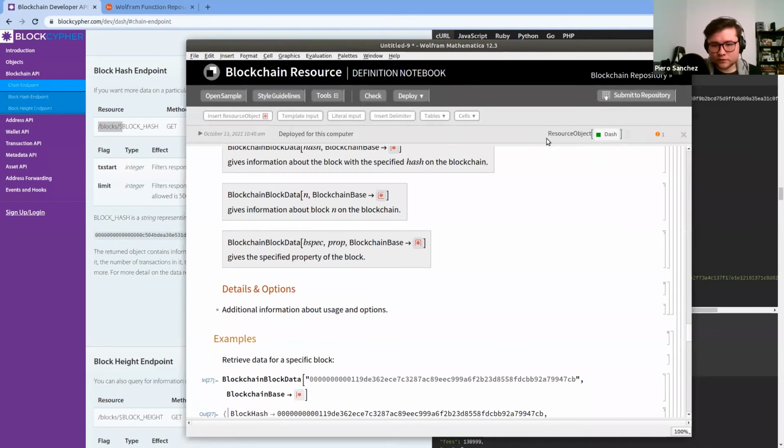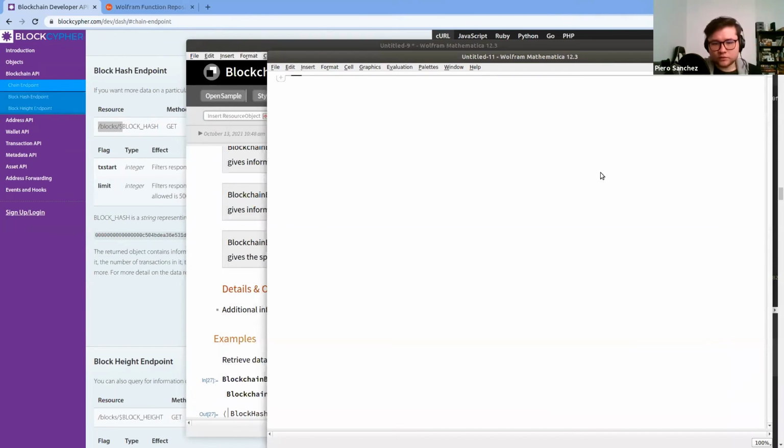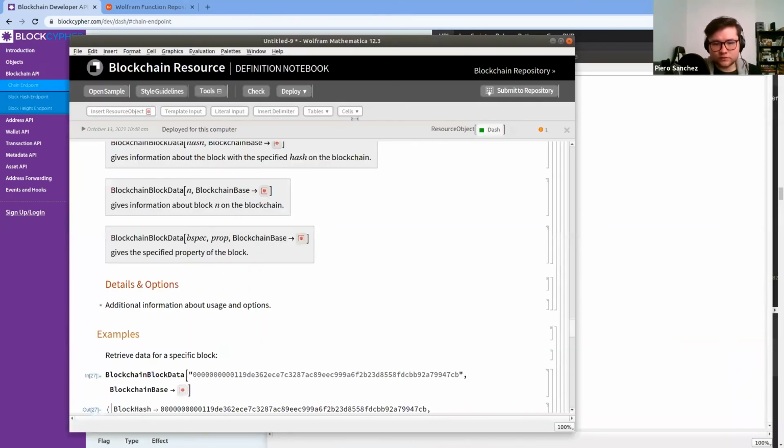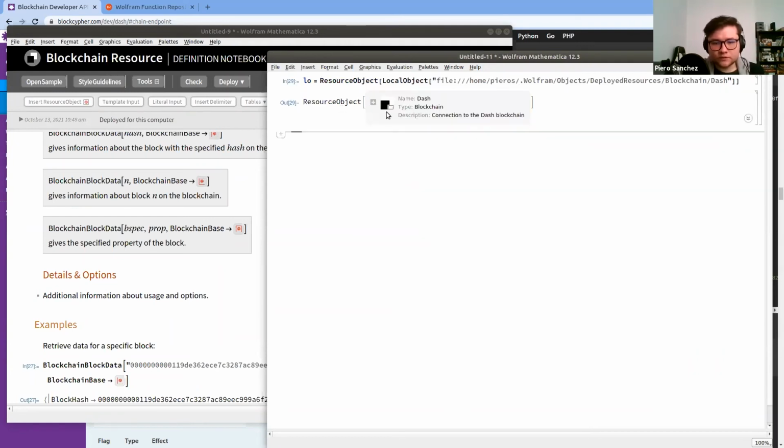Yes, okay, so here is the resource object, the final resource object. I'll just copy this and open a new notebook, because now we technically don't need this definition notebook anymore. All of the information is contained inside of this resource object. So I'll just set a variable here. Yes, so this indicates that it's a local one, and it has some more fields inside. Actually, I could look at which requests are inside here. The raw requests and the